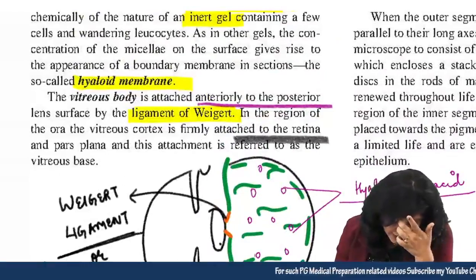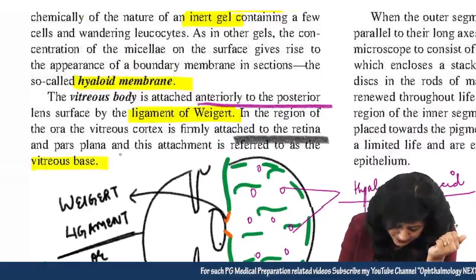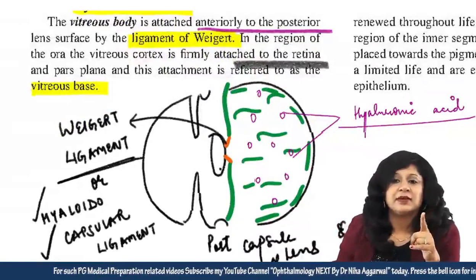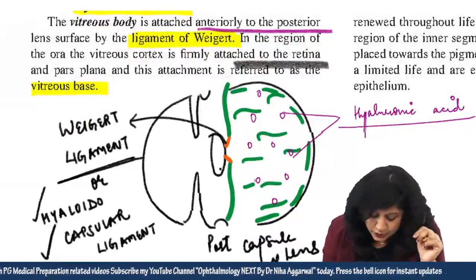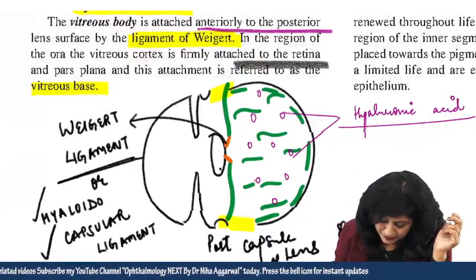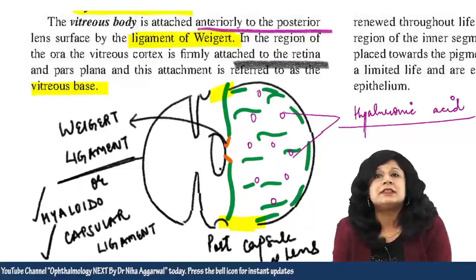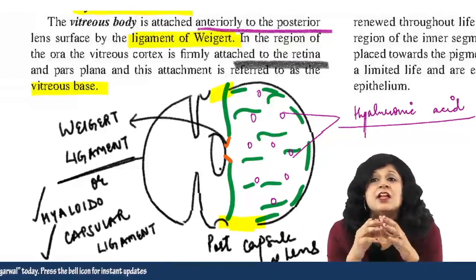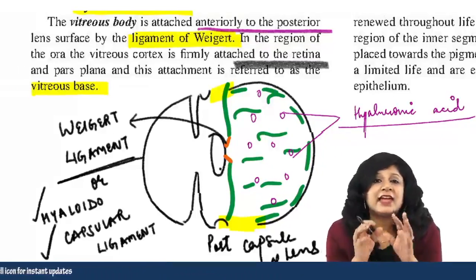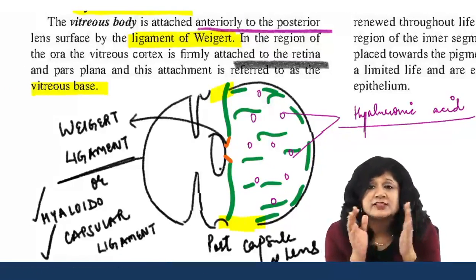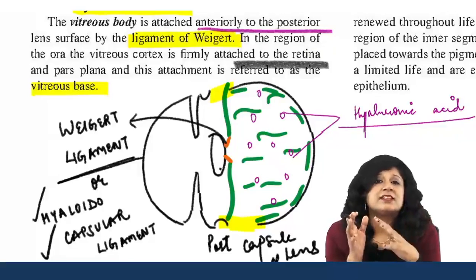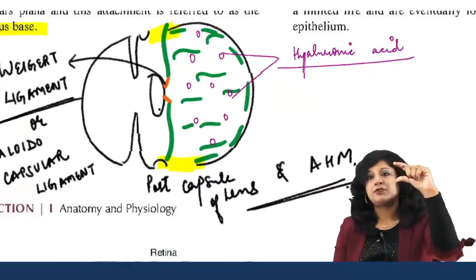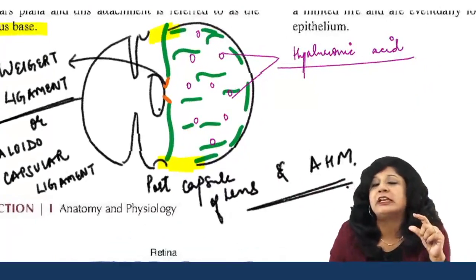and the pars plana, and this attachment is called the vitreous base. Now there are two important things in this part. One is Wieger's ligament and another is the vitreous base. Usually we talk about the vitreous base also. The vitreous gel-like structure at certain places is very, very strongly attached. So what is that one place? That one place is the vitreous base. Vitreous base is a 4 mm band of the vitreous where it is very, very strongly attached at the ora